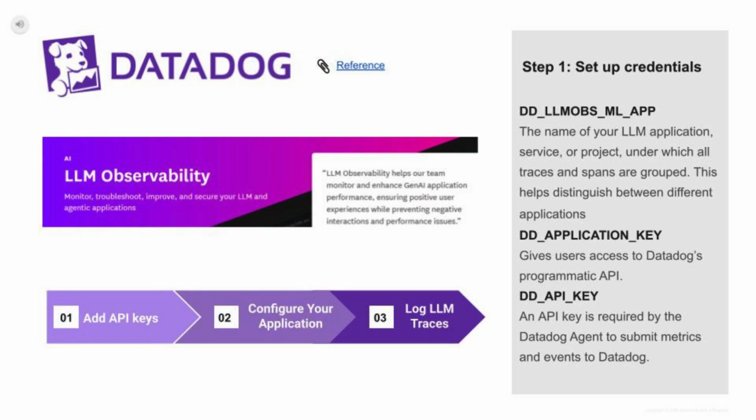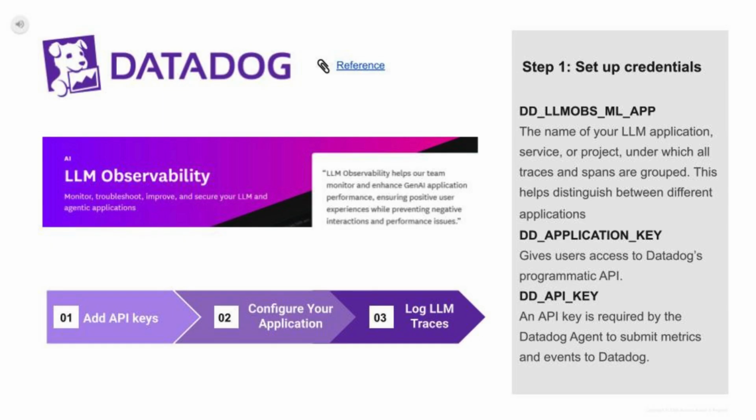Now that we've covered the what and why of LLM observability, let's look at how we're implementing it using Datadog. Datadog is a cloud-based monitoring and analytics platform that provides deep observability across infrastructure, applications, and services. Specifically for LLMs, Datadog offers LLM observability features that give us end-to-end tracing of the entire LLM chain, from prompt inputs and outputs to errors, latency, token usage, and even detailed insights into data retrieval and tool interactions within agentic systems. Setting it up is simple and begins with three key steps.